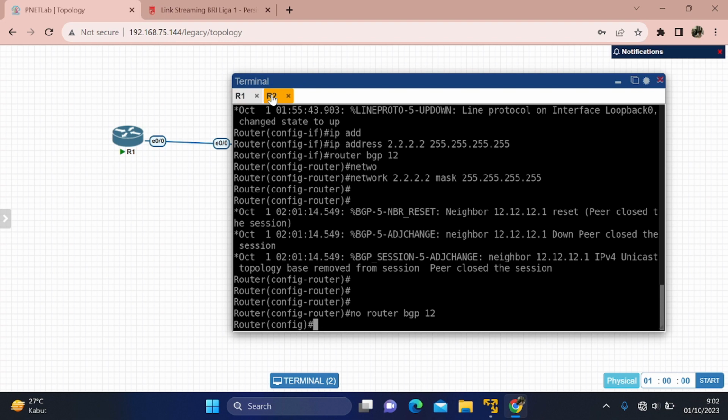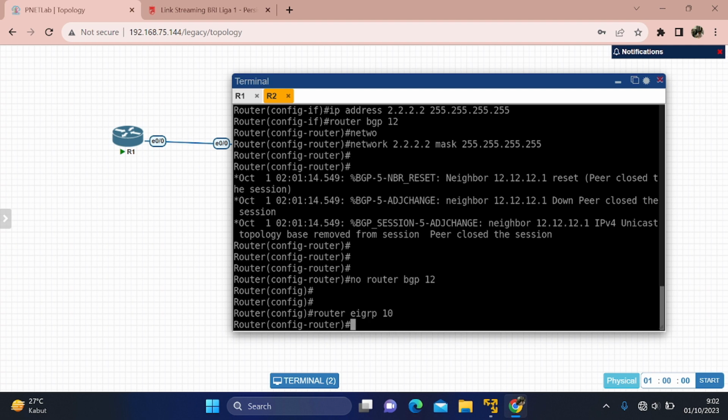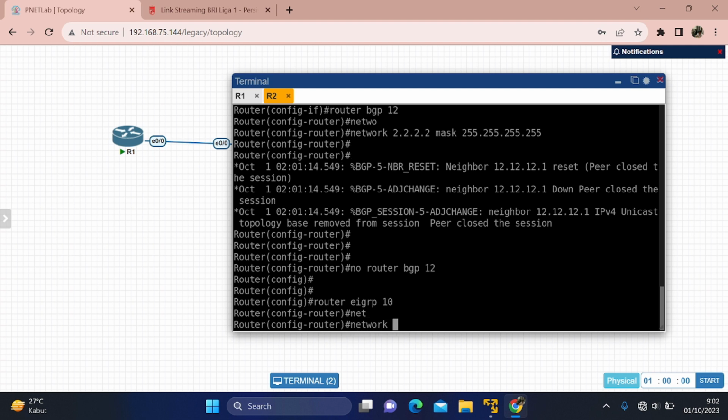After that, we must add the configuration again in router 2, router EIGRP 10 and then network 2.2.2.2 and 0.0.0.0.